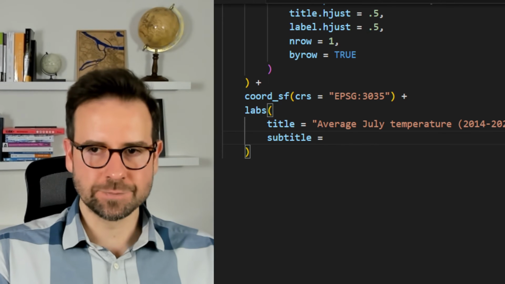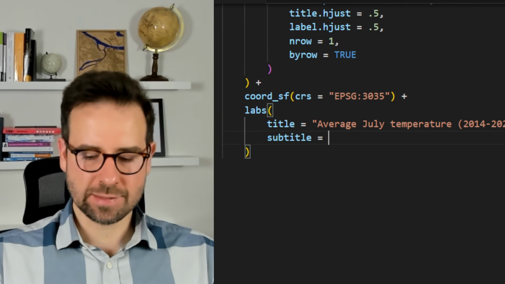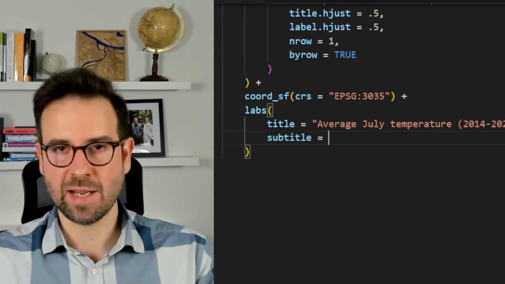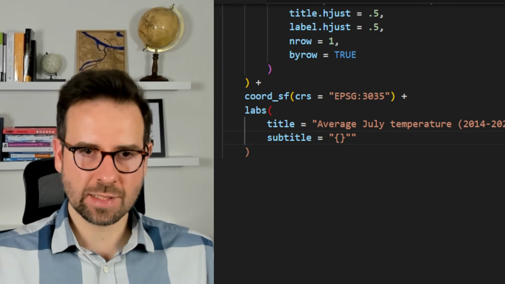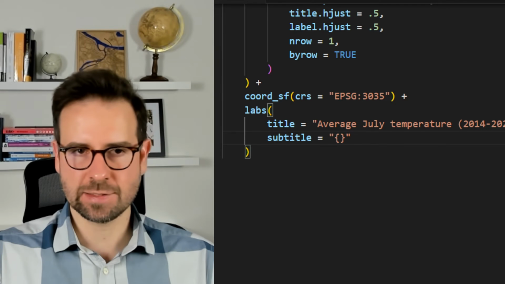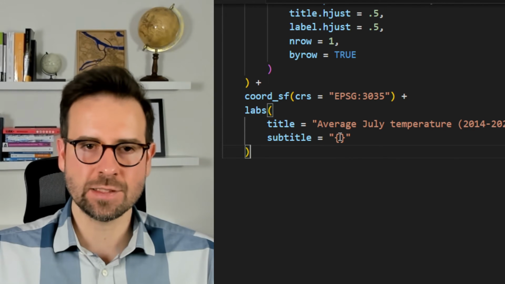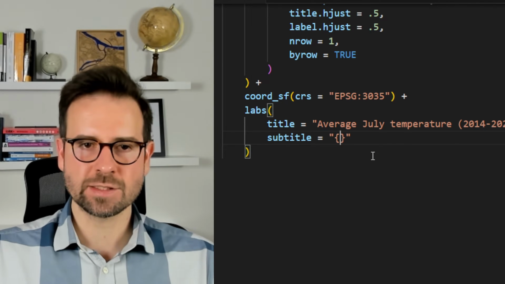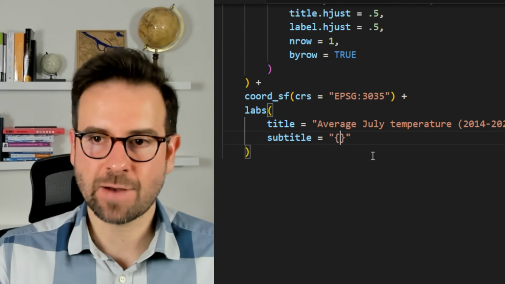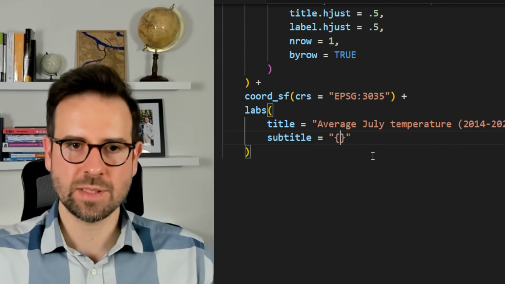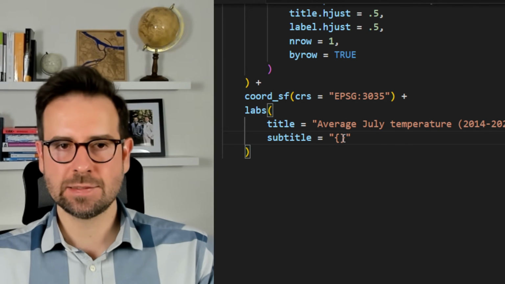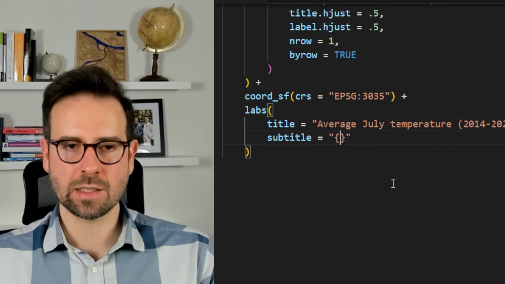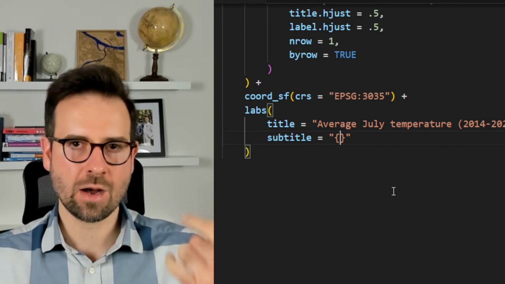For the subtitle, because we are animating here, it has a specific format. So it has these curly brackets, which are put under these double quotation marks. Essentially it's defined the same way as title, but everything goes within these curly brackets. These curly brackets, you can see them as a function call, something that calls you to be executed. In our case, it tells ggplot2 that this is actually a place where I want to define how this text